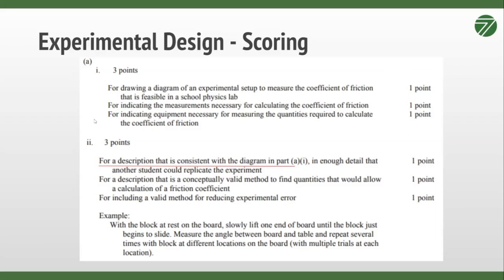Another point for indicating the measurements necessary for calculating the coefficient of friction. Okay, so do you know not just what the experiment should look like, but how to take data out of that? Okay, and then 1 point for indicating equipment necessary for measuring the quantities required to calculate the coefficient of friction. So, have you indicated, okay, here's where the block goes, here's where I'm placing my masses, here's